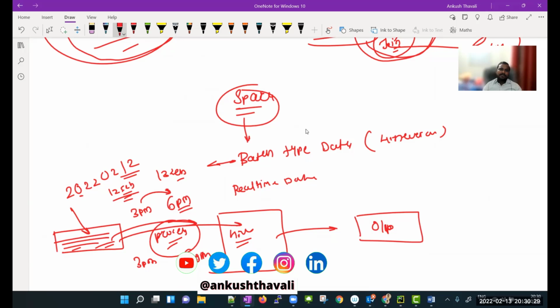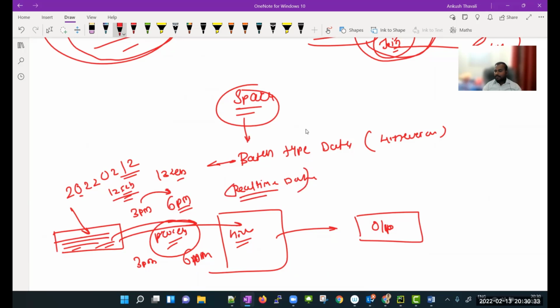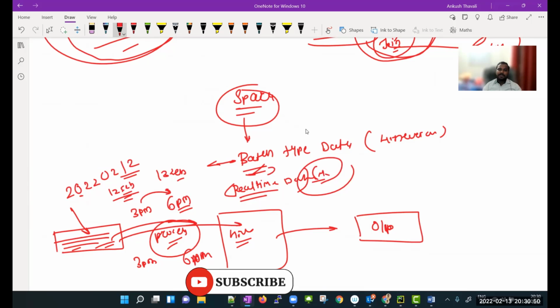But there will be such a type of data. We call it real-time data. Real-time means you will be getting data continuously from the source. Now, can I do one thing? Can I process it with the help of Hive? No, it's not possible. Continuously means, let's say,